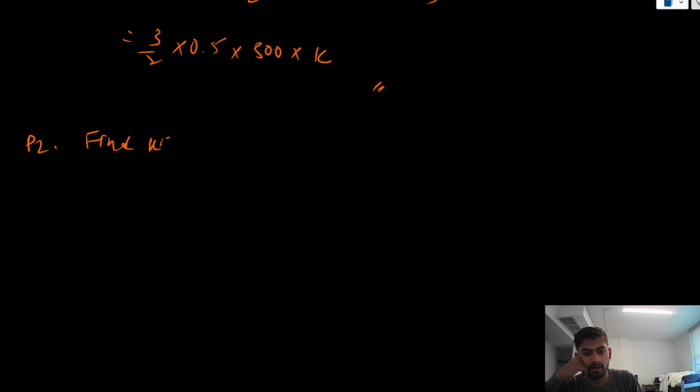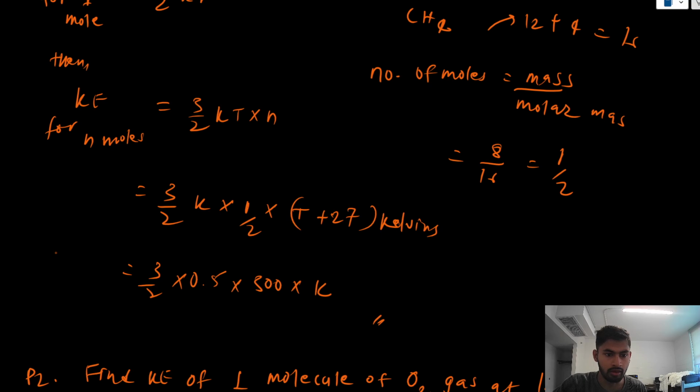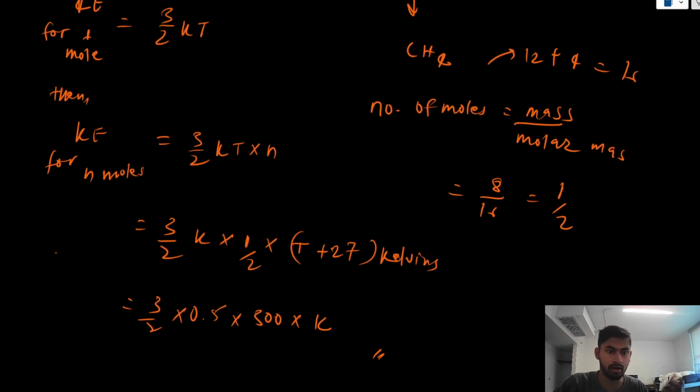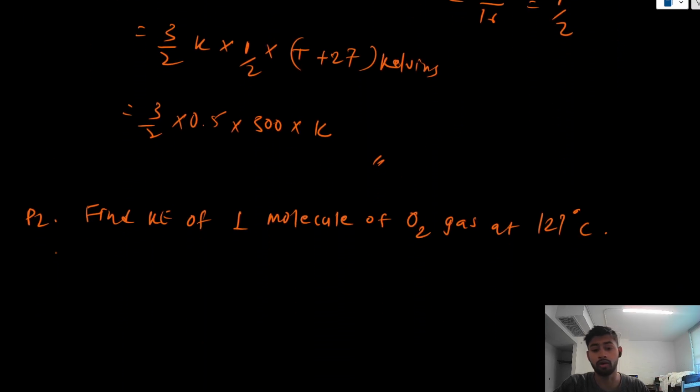Find the kinetic energy of 1 molecule of oxygen gas at 127 degrees Celsius. Again, the way that we solve over here, for kinetic energy for n moles and 1 mole, we have to do it for kinetic energy for 1 molecule. So kinetic energy for 1 molecule would be 3/2